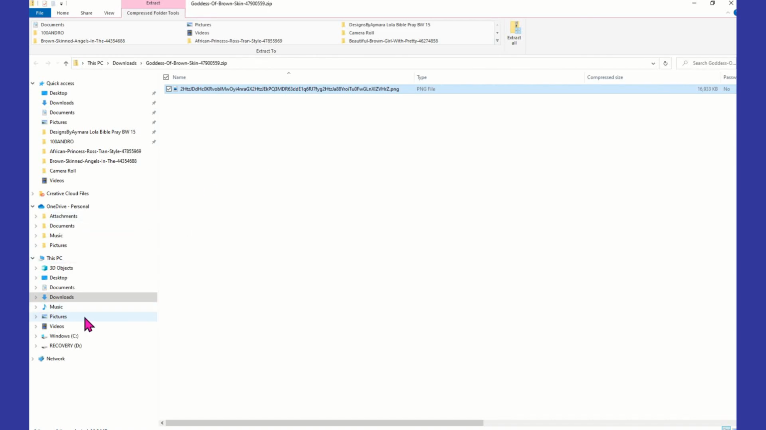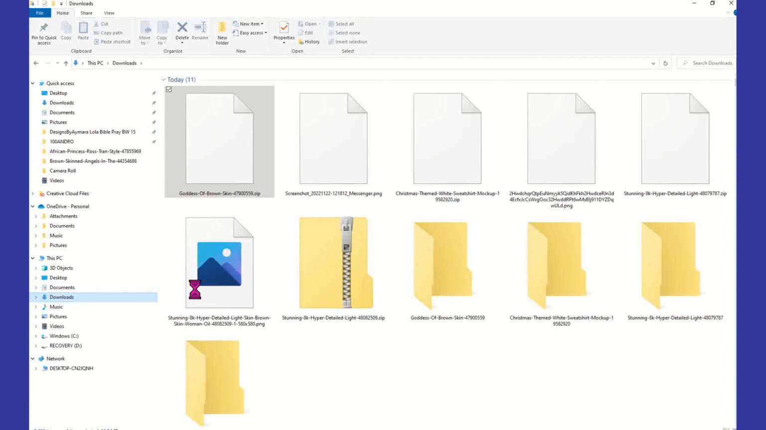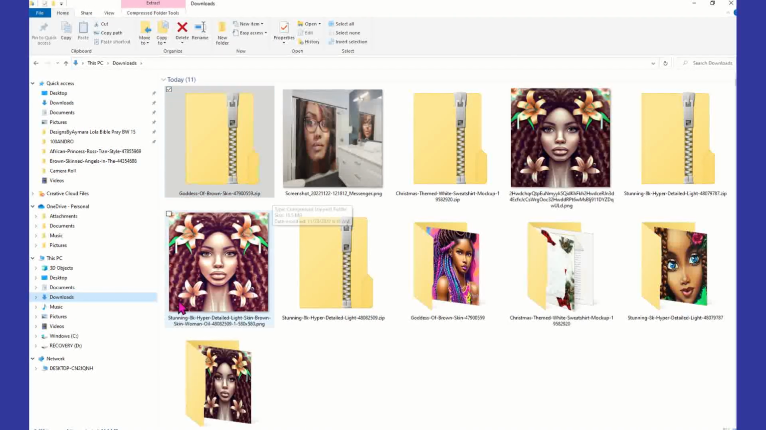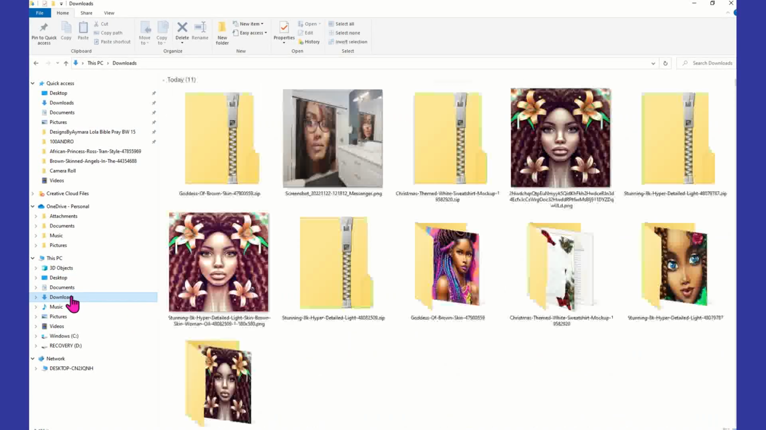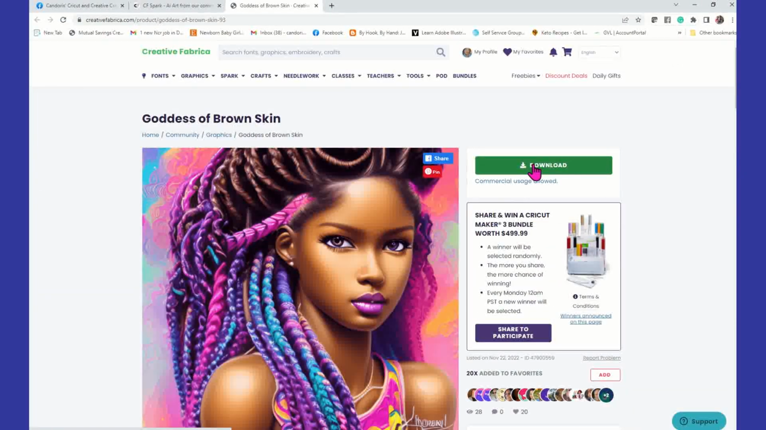Now, when I go into my downloads, let's just take a minute. Okay, let me just make sure I clicked on download. I know I did. Maybe it's just taking a minute. I'm going to give it a minute. But long story short, someone can go in and download your image and start using it just